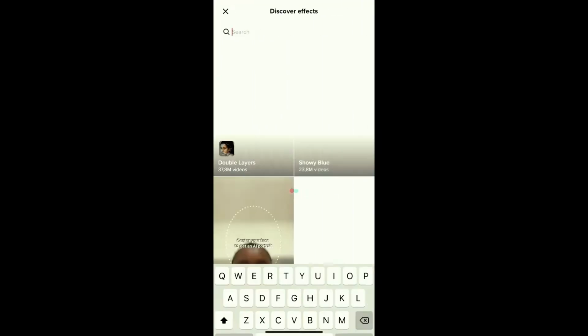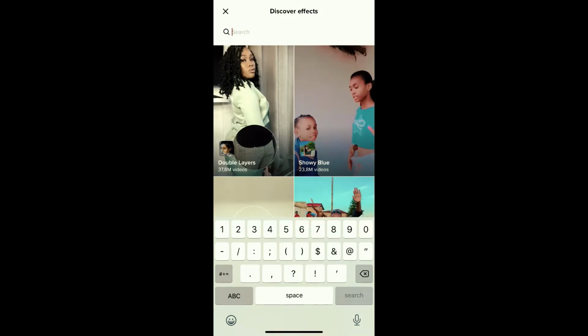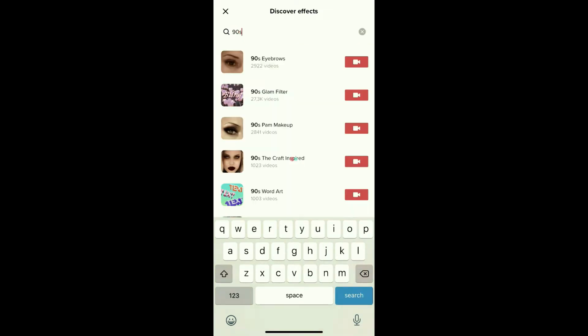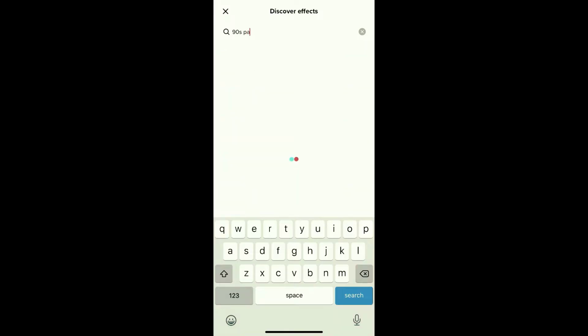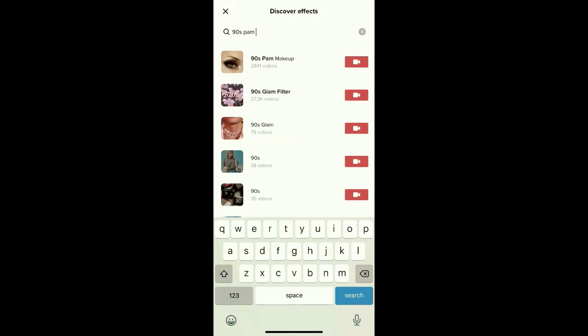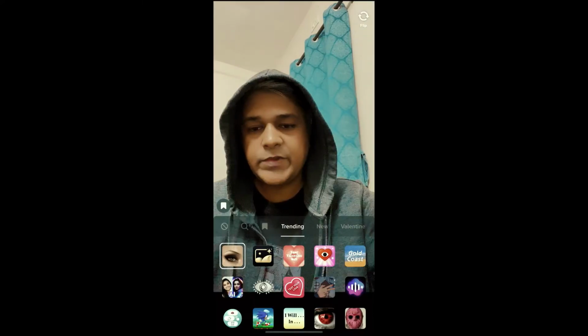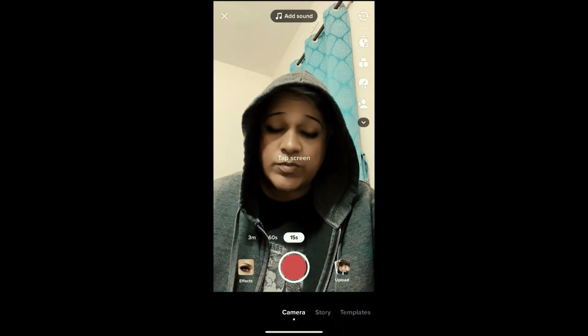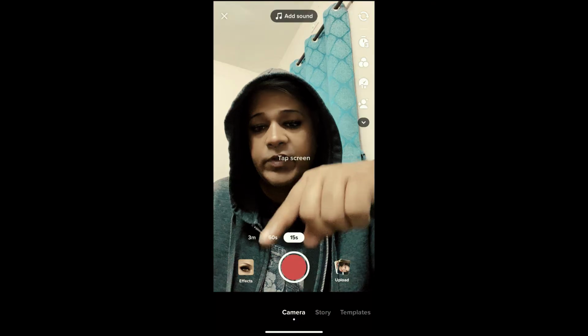Just tap there and search for 90s Pam makeup. Okay, the top one, tap on it. This is the filter. Okay, suppose you are not getting the filter like this from the effect gallery, then what